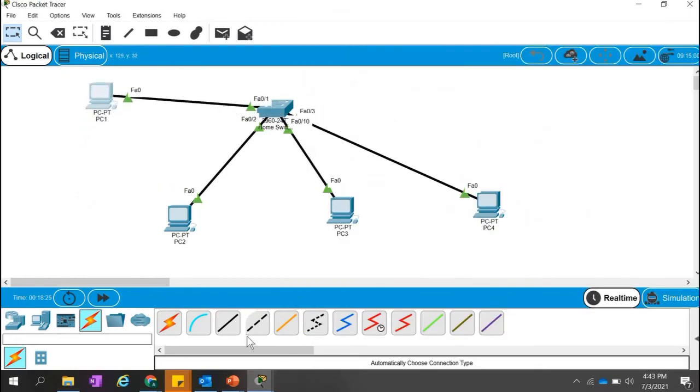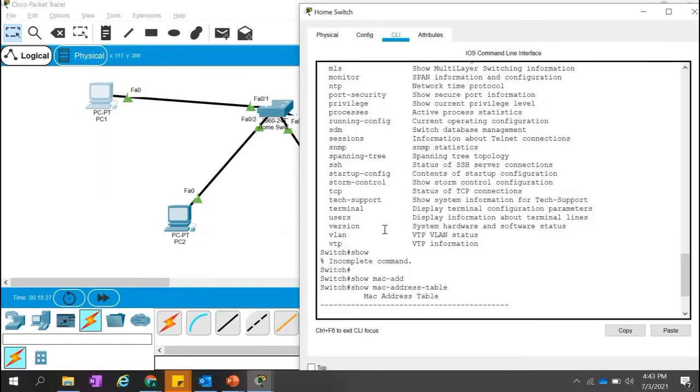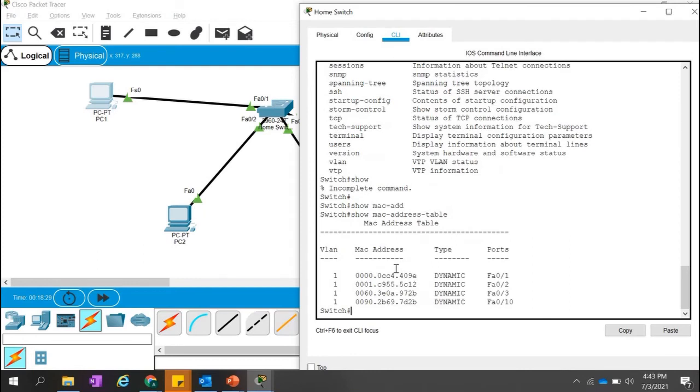So this MAC address of the first computer will be 0cc4.409E. Normally the MAC address is not 0000, but because this is Packet Tracer, these are the first group, that is 00. Otherwise, if you check the MAC address of a real machine, it will be some hexadecimal numbers.